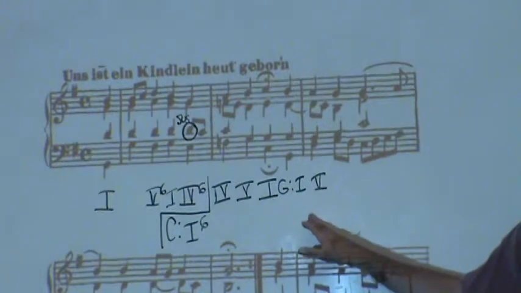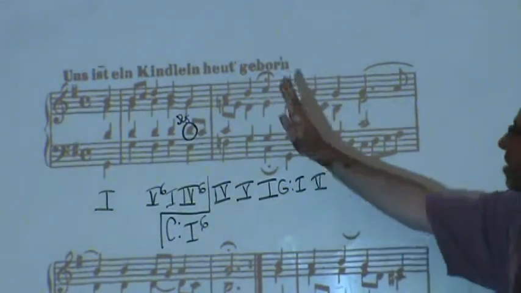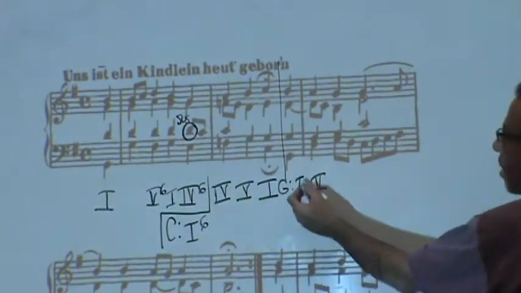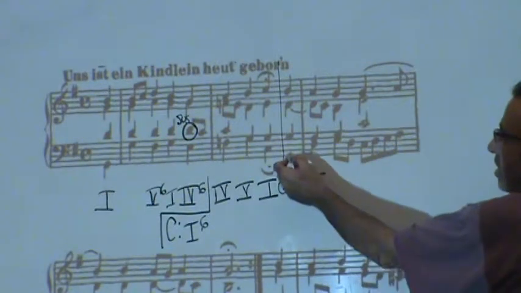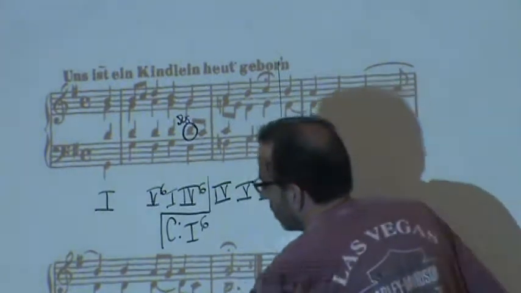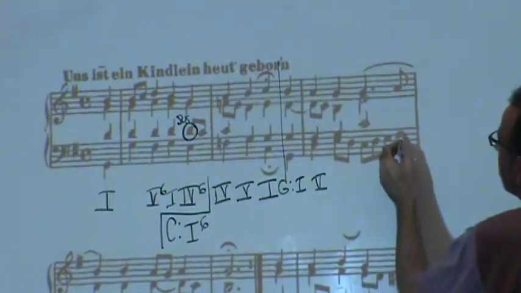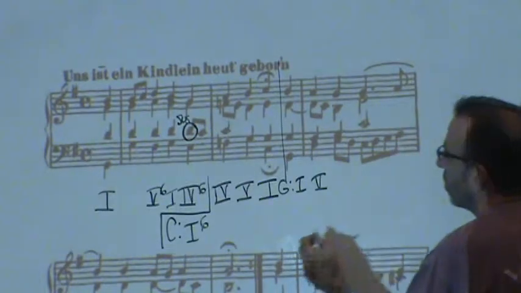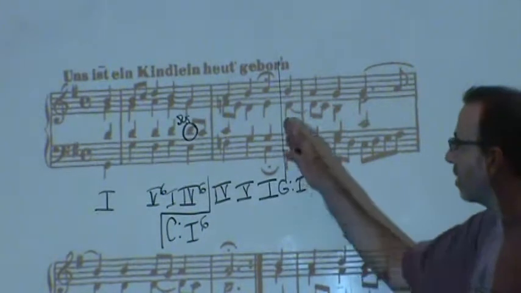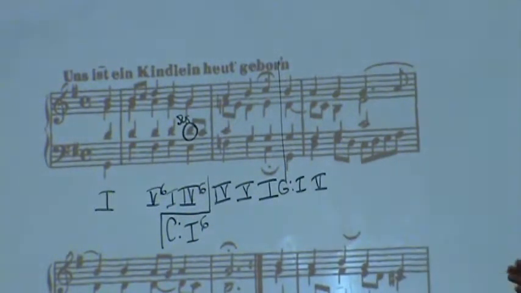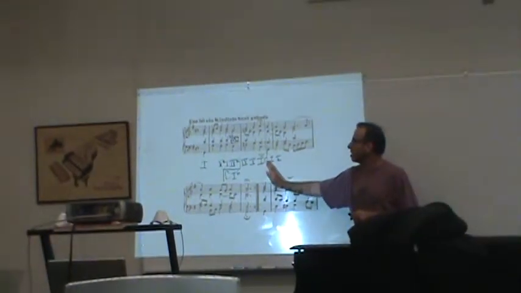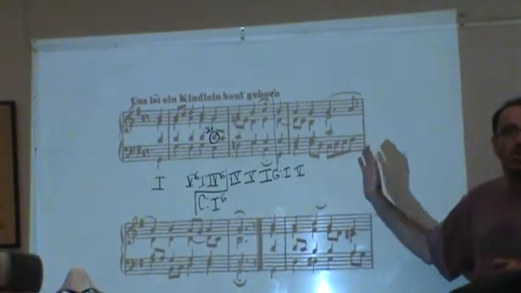You want to make sure it's not a common chord modulation. But in this case, with the fermata, there's a pause and the phrase ends. The new phrase seems to start, and it makes more sense in the key of G. You've got 1, 5, 6, 4, maybe some sort of 5 7 at the end, here 1. So it really is pretty much G major, and after the fermata it starts in G again. That's why you're more likely to interpret this as a direct modulation or a phrase modulation than a common